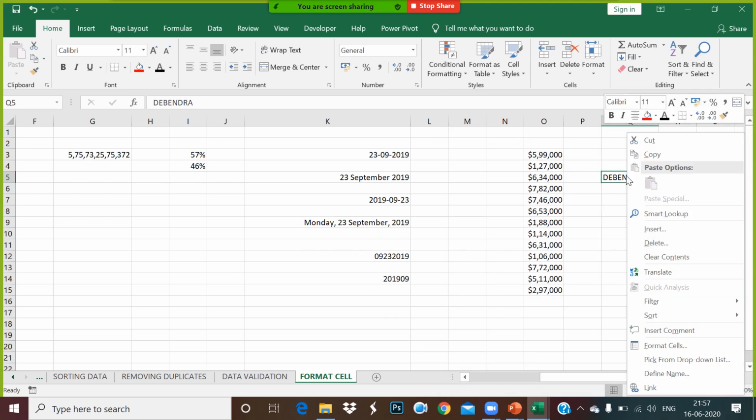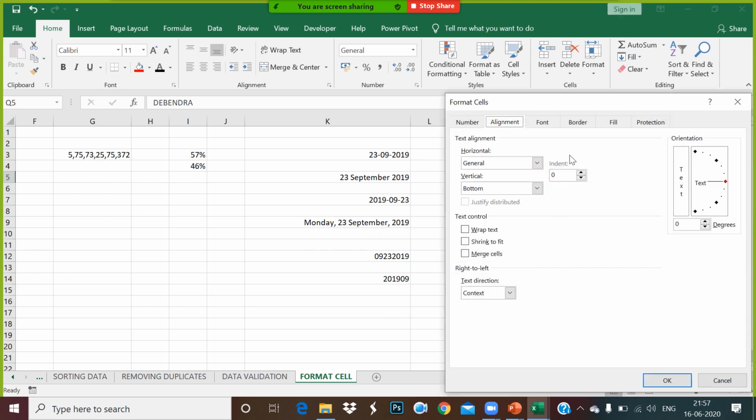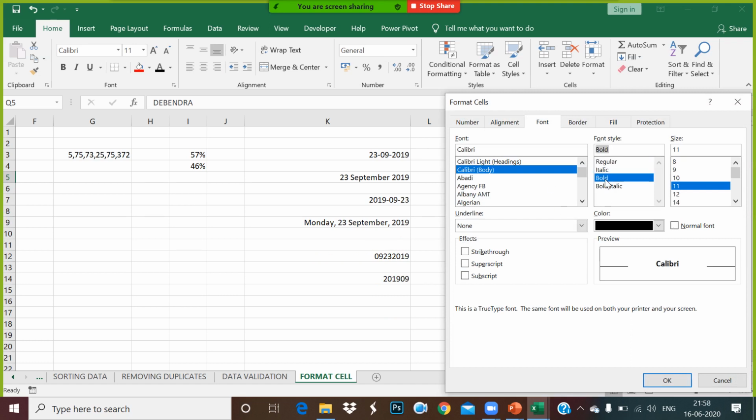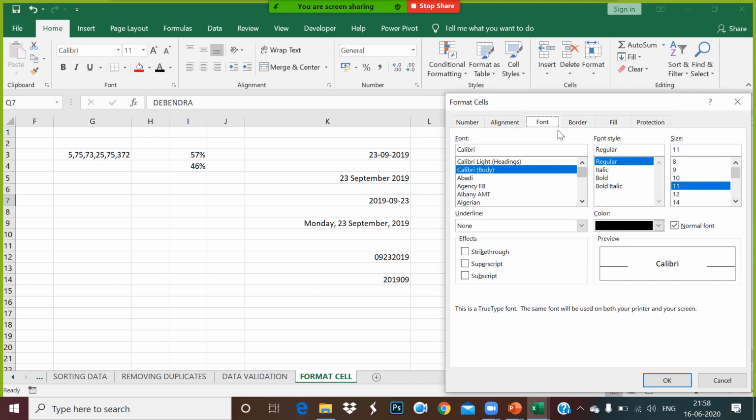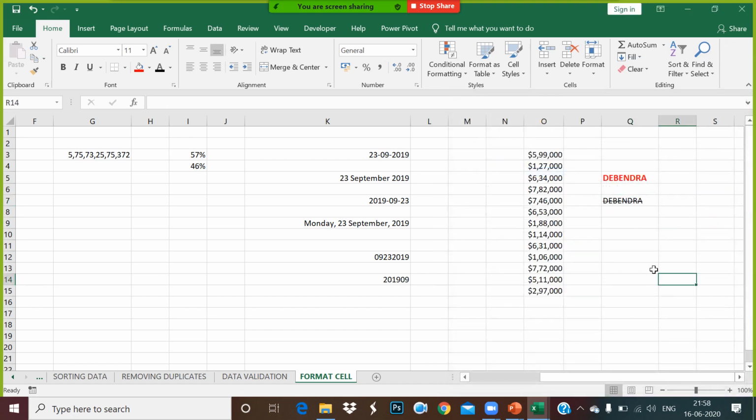Are you getting this, guys? Or you can select this, go into format cell, go to font. You can make it bold, you can make it 12, you can make the color red. You can change it this way. Or if I write my name as Devendra here, I can select format cell, go to font, and make it a strike through. Strike through means it says erase this name. Somebody is not going to read this because a strike through is given.